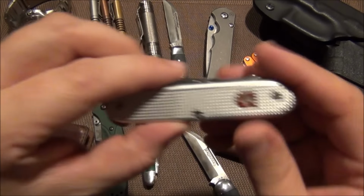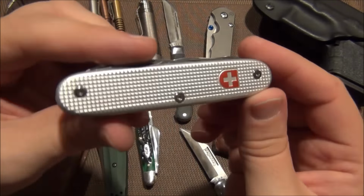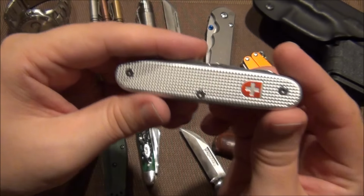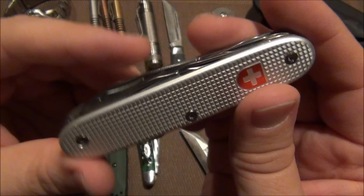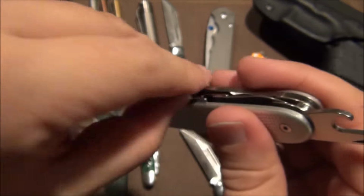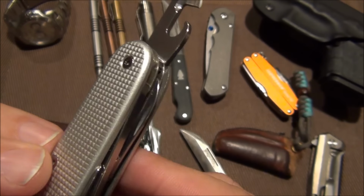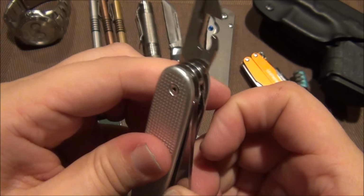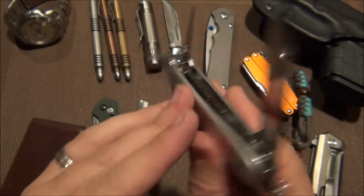Oh, can't leave this out of the conversation. When I'm going extremely low tech, low key, I can only carry like one thing. This is what I carry. This is a Victorinox Soldier. I believe, yeah, this is the Soldier. So it's got all the standard functions that you normally see,